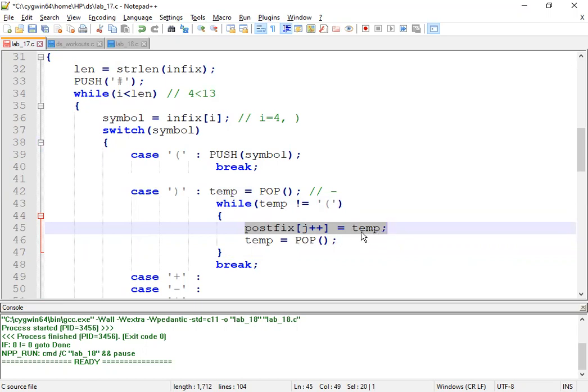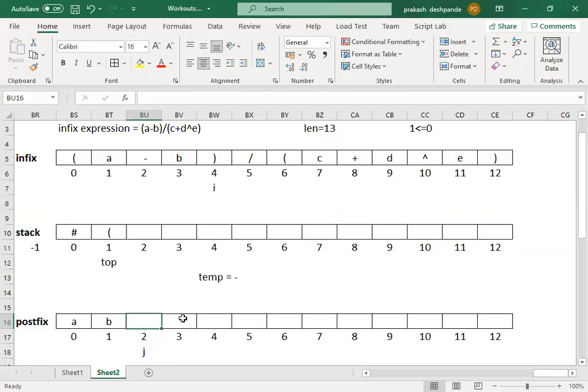That means whatever is there in the temp, that value has to be added into the postfix string. So in the postfix string, here we get the temp value. Temp value is minus, so that minus will be added here. And then j will be incremented. So now this j will get incremented to the next position.